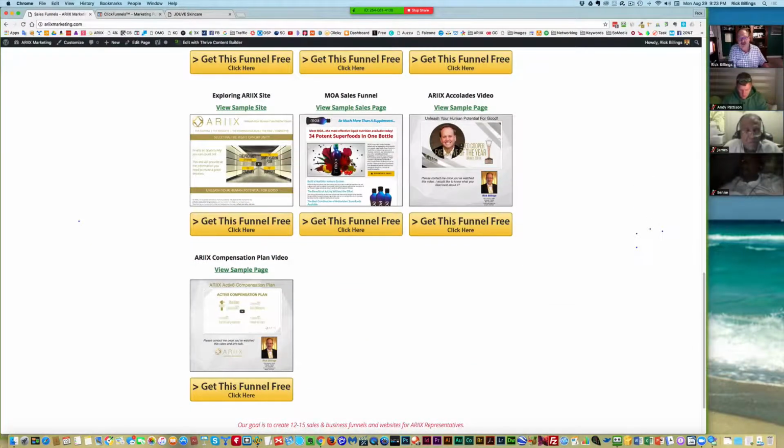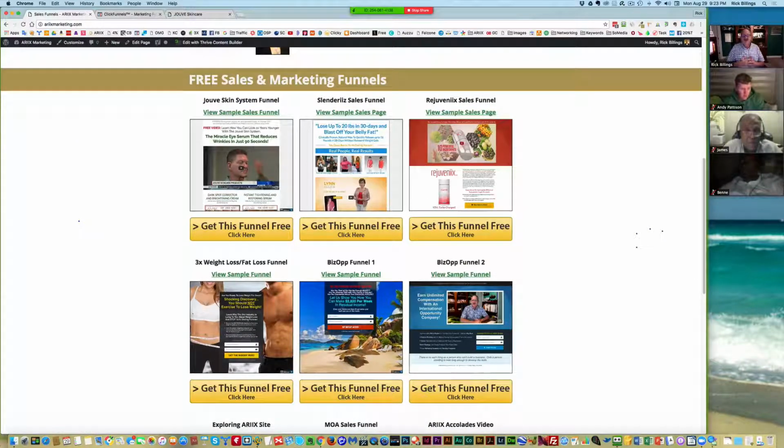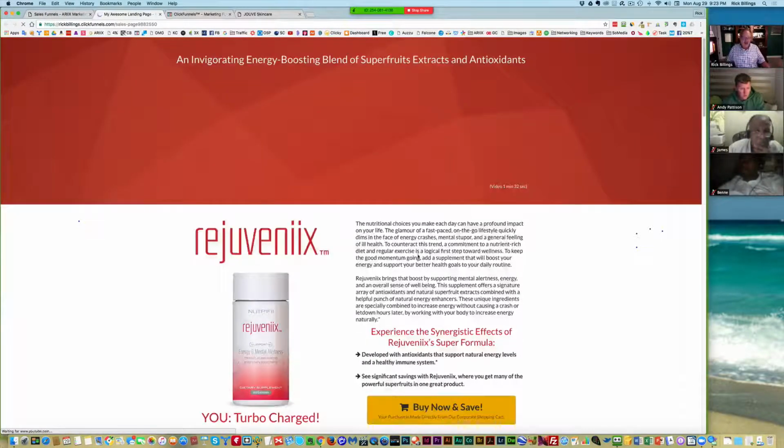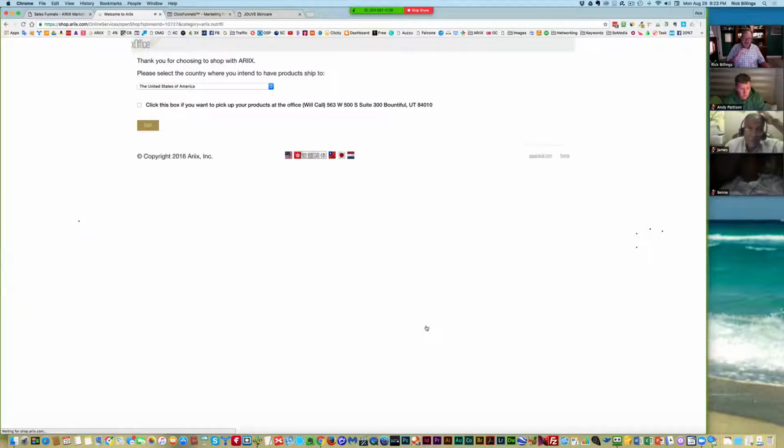And the MOA's tied to the thing too and stuff like that. So soon, once ARIIX gets it really down, we could directly link Rejuvenex right to the Rejuvenex link in ARIIX, and it's going to be much simpler. Because right now, when you click on the buy button, which is fine, and it's the way I'm making a lot of sales because I make sales for others,